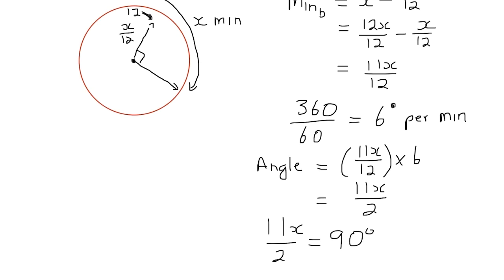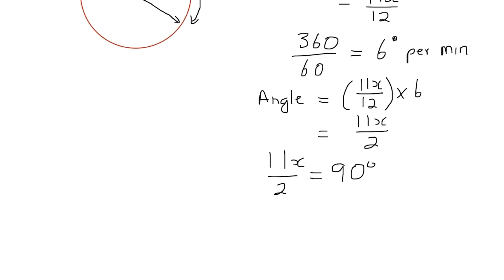Okay, so if we solve for x here, we get x will be equal to 2 multiplied by 90, which is 180, divided by 11. Okay, so this is the first time actually the minute hand and the hour hand will have a 90 degree